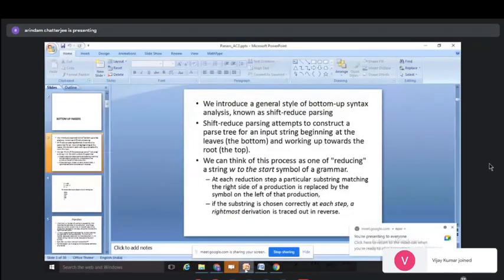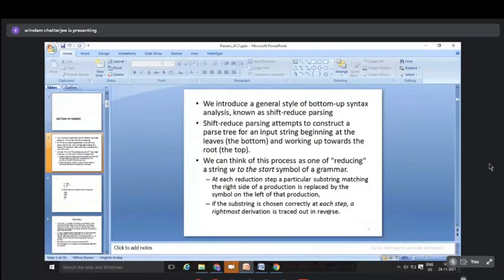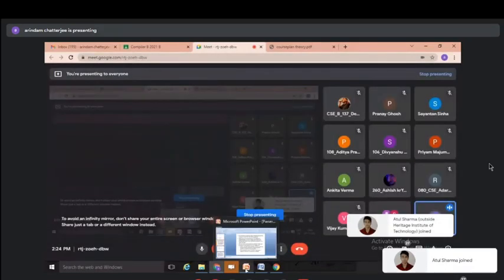In case of a top-down parser, things are a little easier because you know what you are trying to expand. Okay, you know that you have to expand the leftmost non-terminal and stuff like that. The only issue is if there are multiple rules for a particular non-terminal symbol, then you have to choose between them wisely. And we have already seen while constructing the predictive parsing table that it can be done if you have an LL1 type of grammar, then it can be done without any ambiguity.